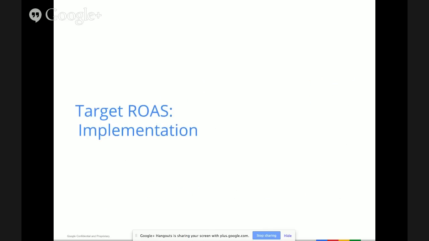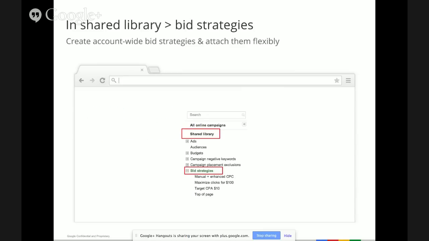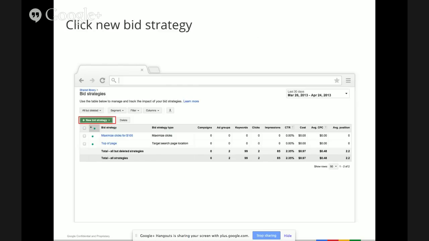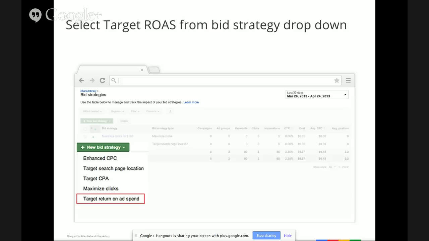So now let's do a quick look at how to actually implement this strategy, since we've talked about it for a little while. Once you log into AdWords, in the left-hand navigation menu, you'll have a link into the shared library, and then a link going directly into bid strategies. So go ahead and click that. Once you're in there, if you've already created any other bid strategy like enhanced CPC or target CPA, you'll see it in there. If you want to create your first ROAS strategy, you just click the button that says create new bid strategy, and this will bring you into the UI to allow you to select target ROAS. From the pull down, at the very bottom is target return on ad spend, which is target ROAS, and that's where we want to go.